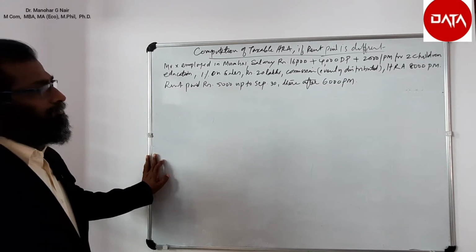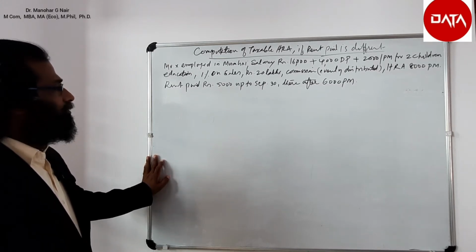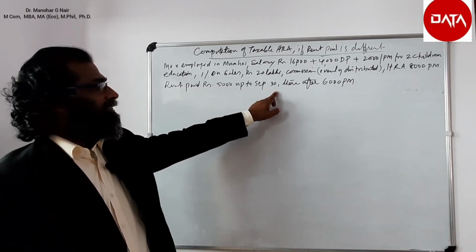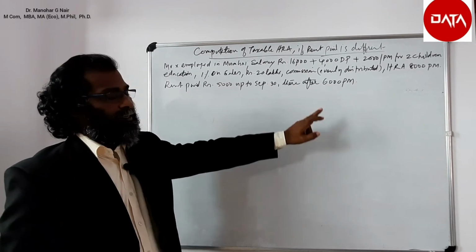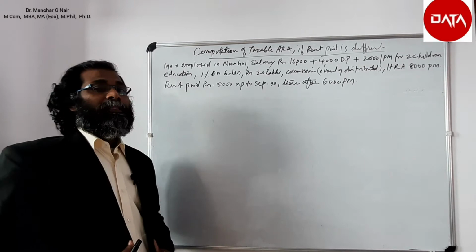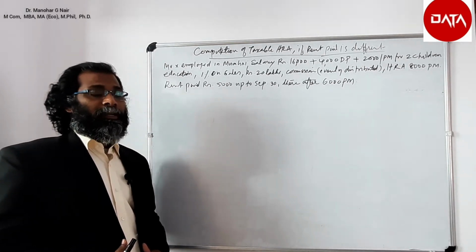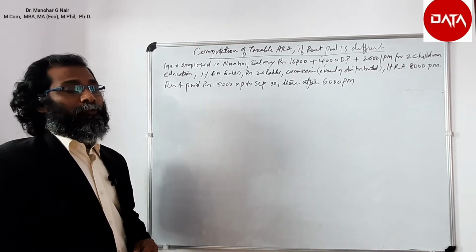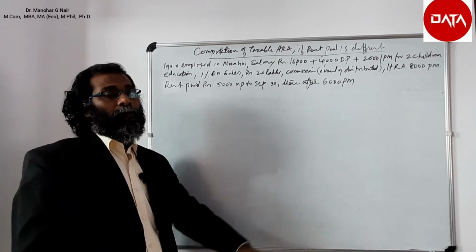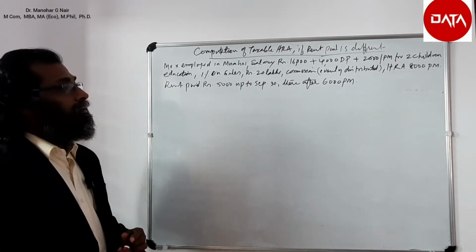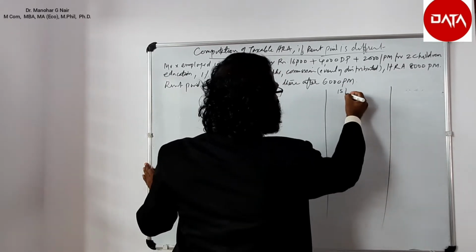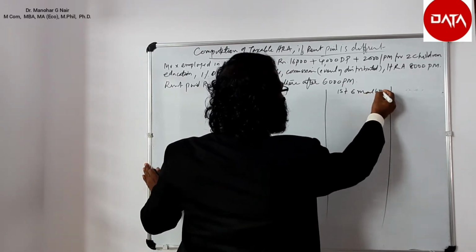And he is in receipt of 8,000 per month house rent allowance, and he has paid 5,000 rent up to September 30th, and from October 1st onwards he has paid 6,000 per month as rent. So in this case, taxable HRA has to be calculated in two splits, that means for two periods, that is up to September 30th and after September 30th. So let us compute for the first 6 months, second 6 months.